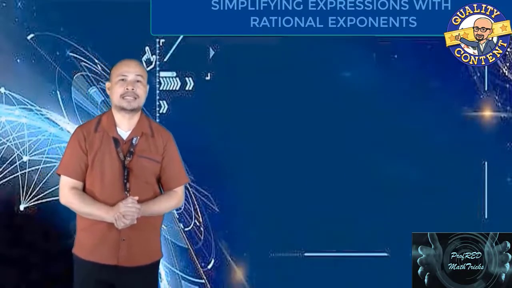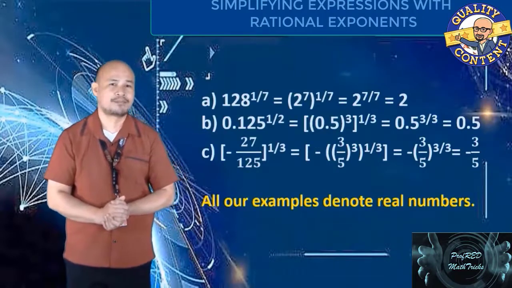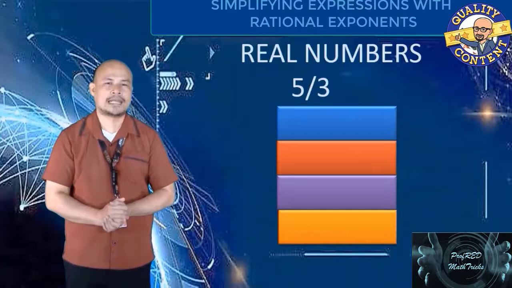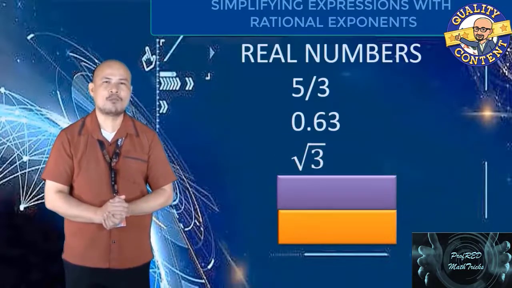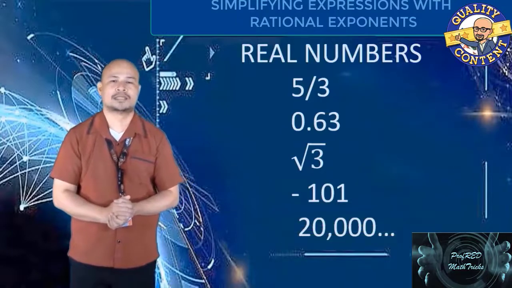All our examples denote real numbers. By the way, real numbers are numbers that are found in the number line. Examples are the fraction 5/3, decimal 0.63, radical square root of 3, negative 101, and positive 20,000, and